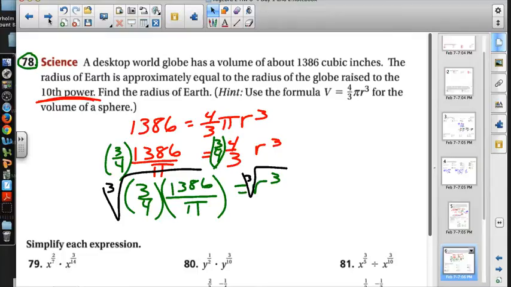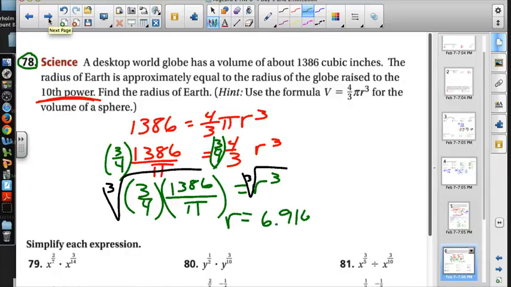And that gets me an r value of 6.916582163. But like it said, the radius of the Earth is approximately equal to the radius of the globe, there it is,